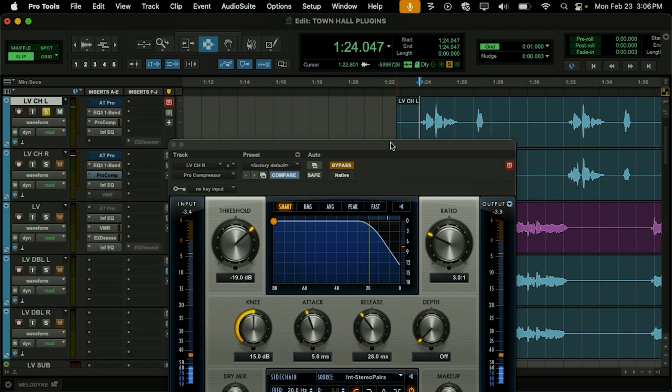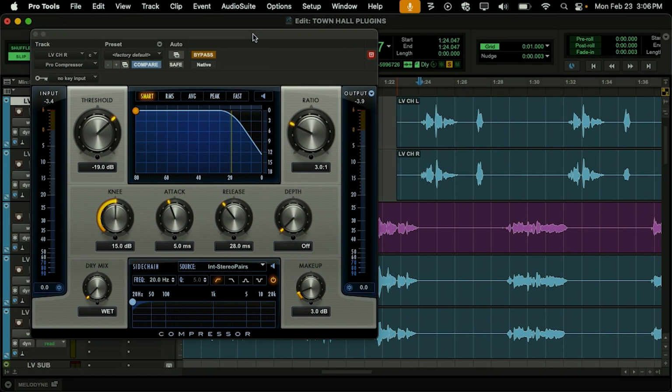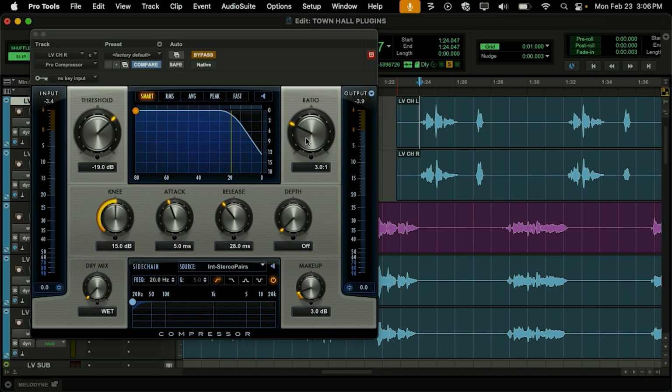So you're probably thinking, wow, I don't really hear a huge difference. And that's a good thing, because this is what I'm saying about being a clean sounding compressor. It's really transparent. It's not messing with any of the harmonics. So if we look at the signal and we look at the meters here,